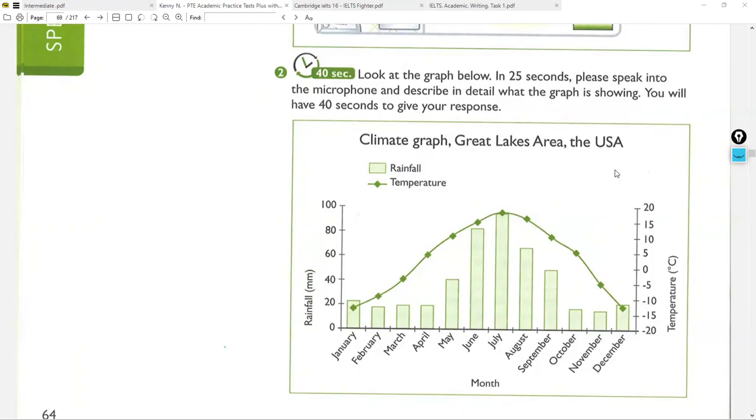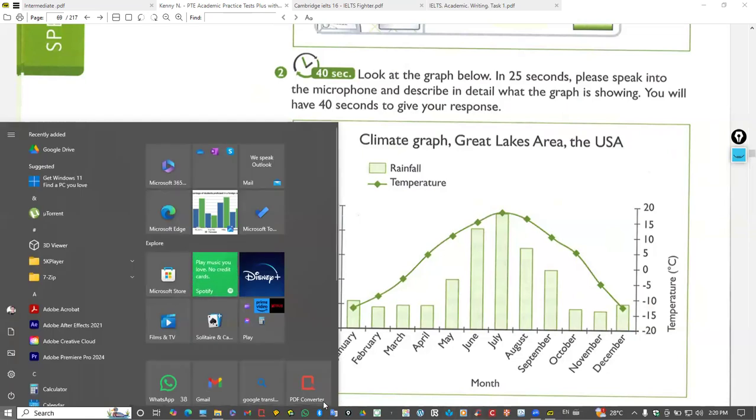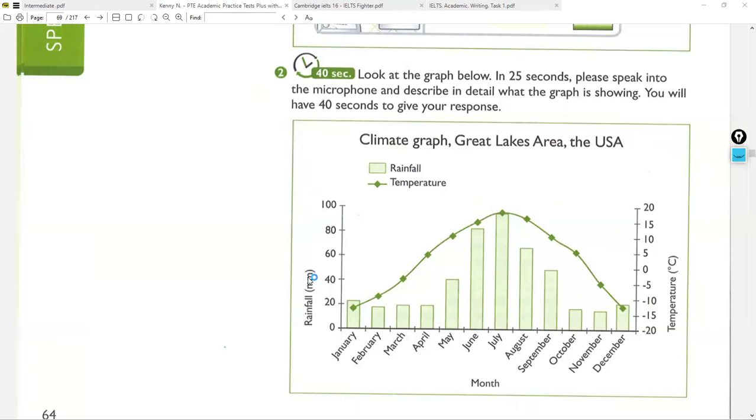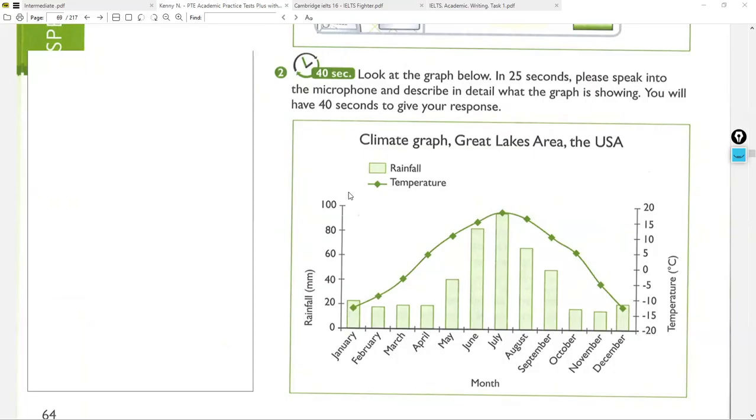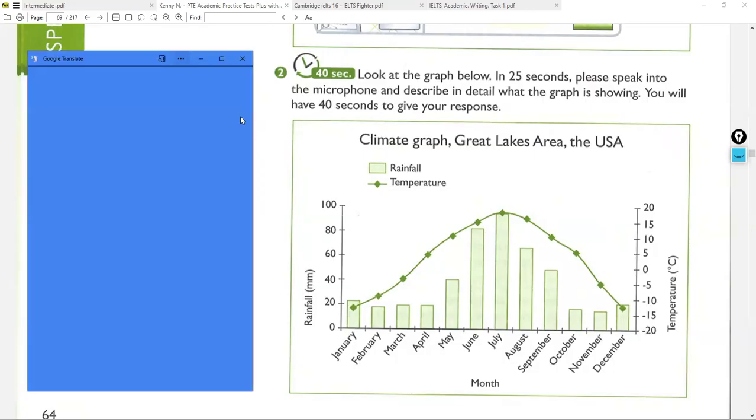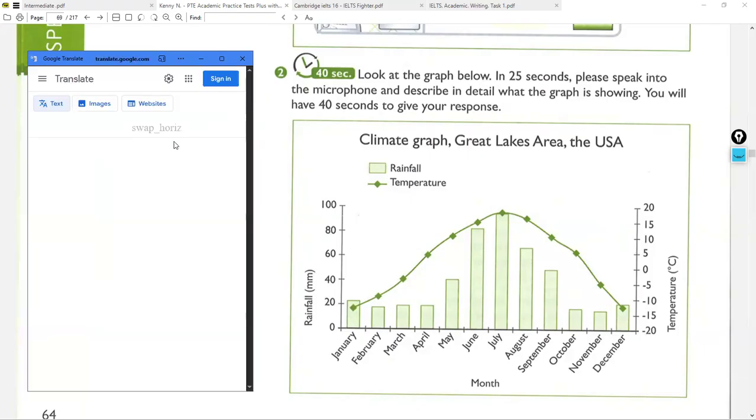So what is the meaning of claimed... climate? Let me show you the meaning of this word. Climate: if it is rainy, snowy, sunny, for example, the climate in a certain area. If the area is raining, so it is raining. If it is sunny, windy, cloudy, stormy, this is the meaning of the climate.